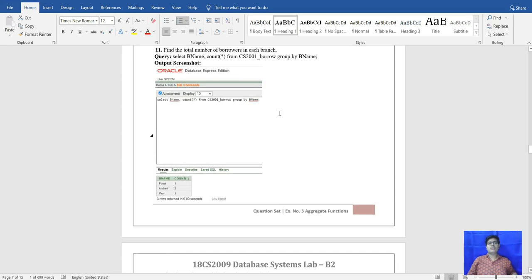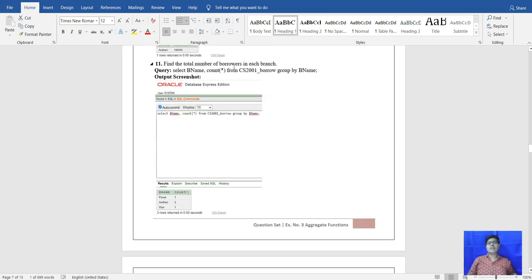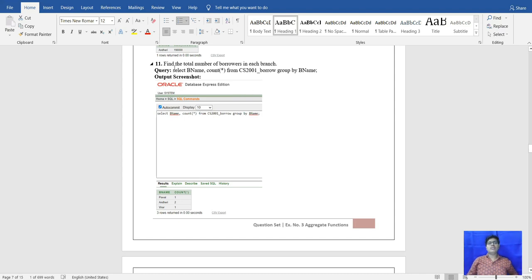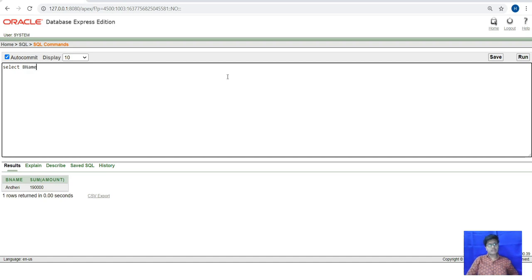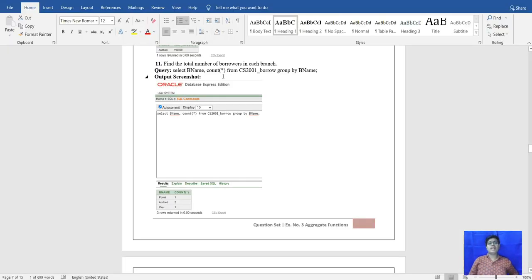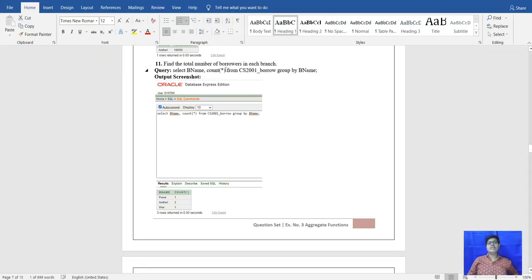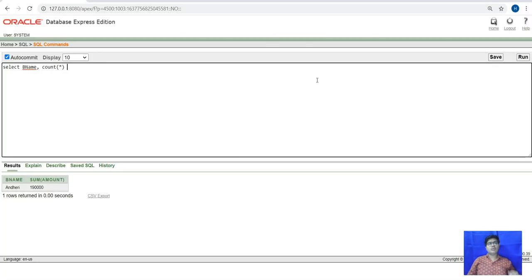Next we go to the 11th question, find the total number of borrowers in each branch. We type select bname, count of amount, from the borrow table and group by bname.